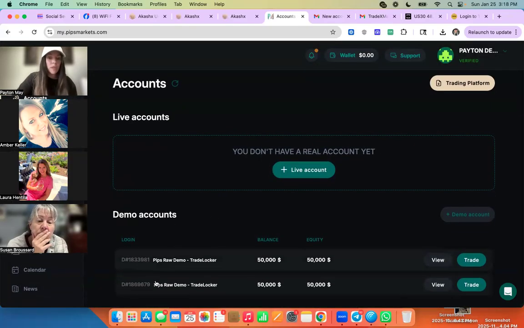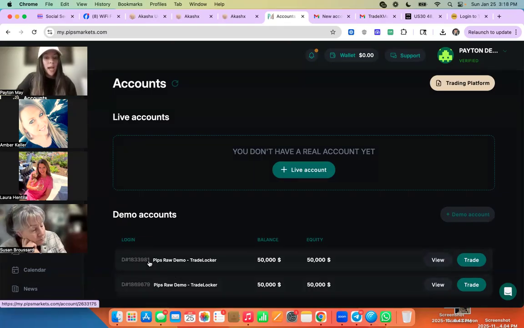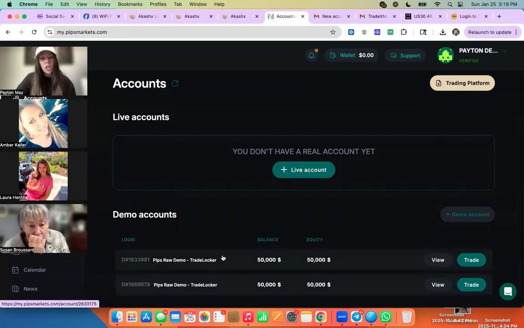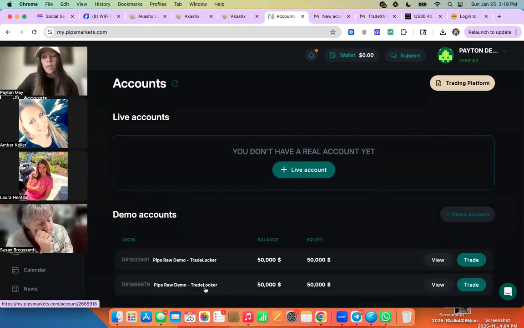Okay, so now I have two of them. You can see that they're both listed right here. Every trading account has its own ID number. So that's what you're seeing here, this number sign numbers. That is differentiating between the two demo accounts that I have, so I know which one I'm in, okay? Once you create this,